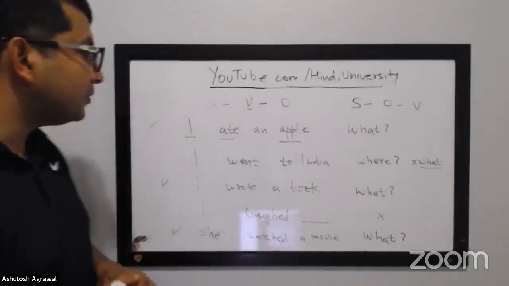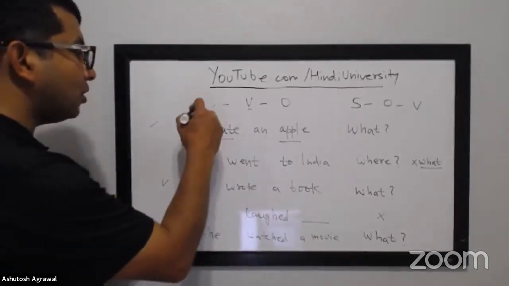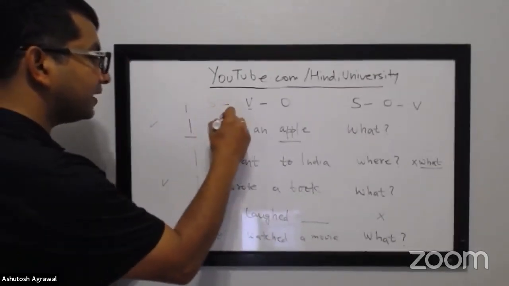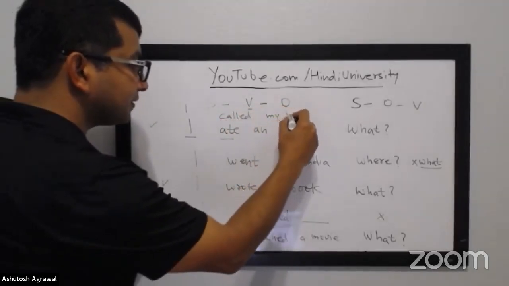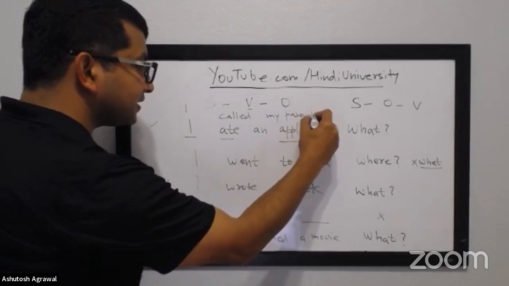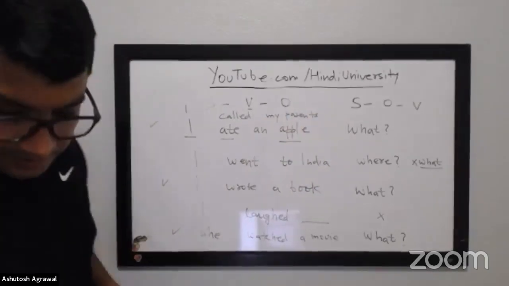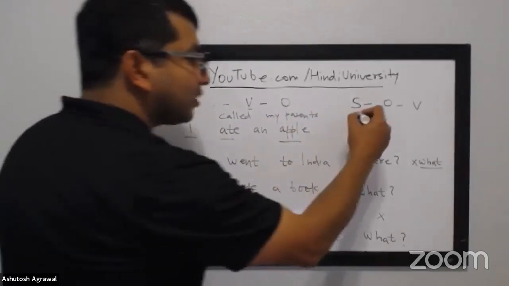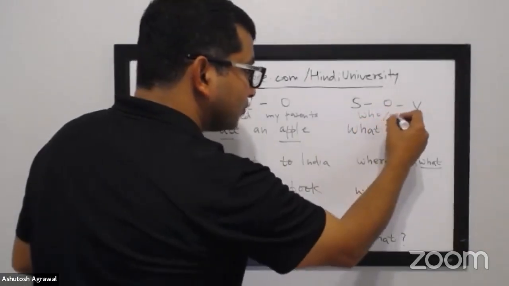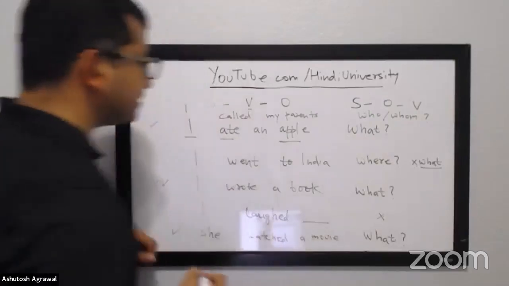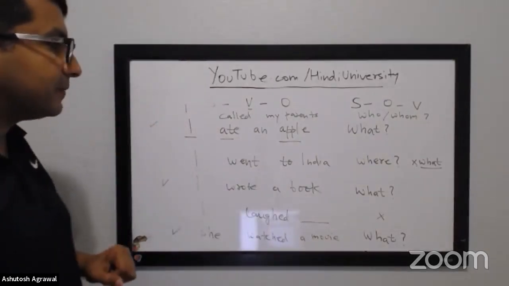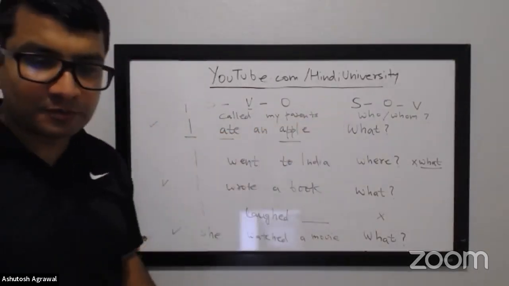As Donaji summarized, these sentences tell you about what. Let's say there's one more sentence: I called my parents. What about this one, Donaji? Well, that would be I called who? I called who or whom, right? Whom did you call? So now tell us, where would you put this one? It's not what, but it's who or whom.